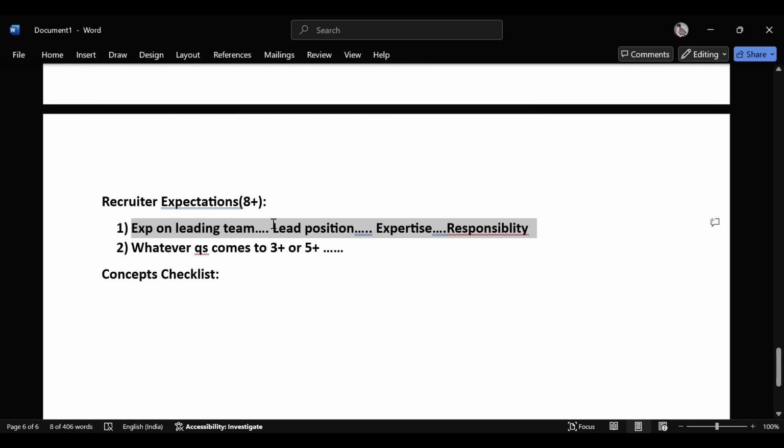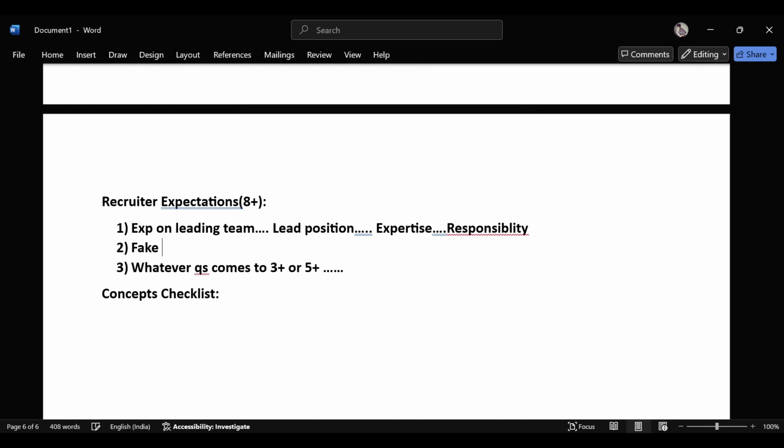So that was okay. This is one extra point. And then the first point, that one is normal. Additional, whether you have done it or not. This point is a must for aspiring people, because many people switch from support to dev. If you are in support and trying to switch to dev, but you don't have proper exposure or proper knowledge, then the recruiter will not consider your real dev profile.